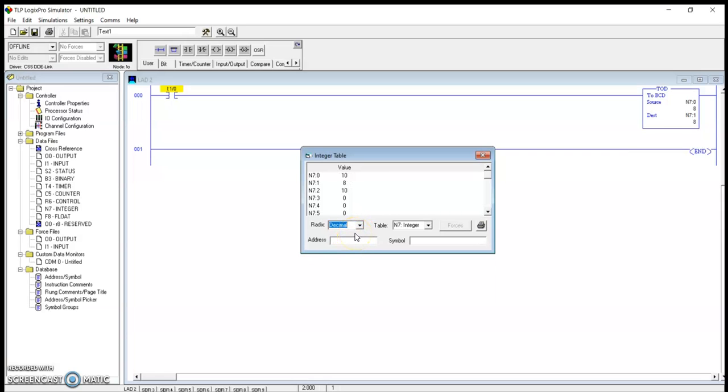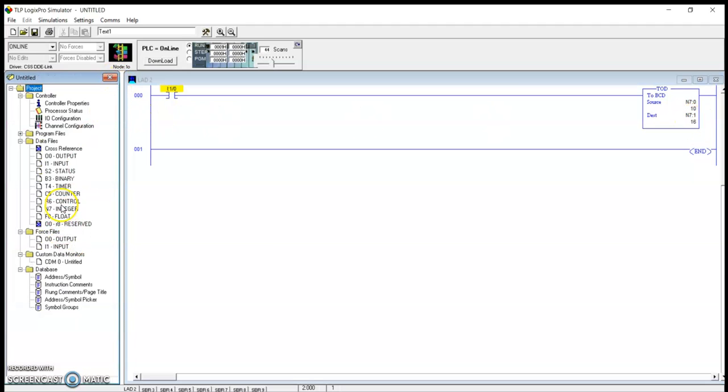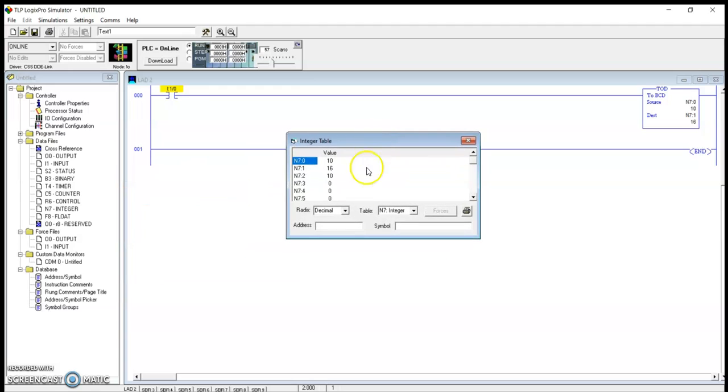Now we are going to convert this 10 into BCD. We will see how it gets converted. Download the program, click run. See here, it is written 16, but when you go to N7 integer and click binary, see what is written here: 1000.